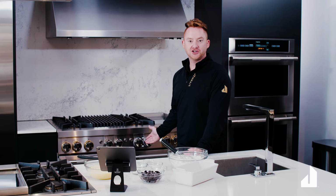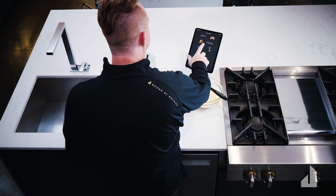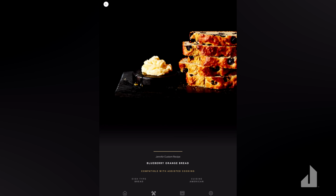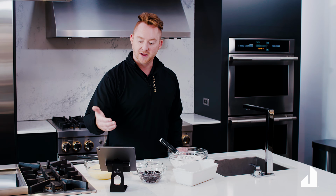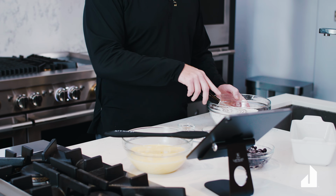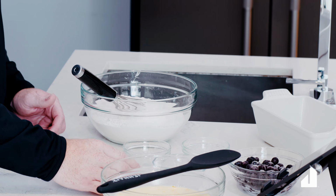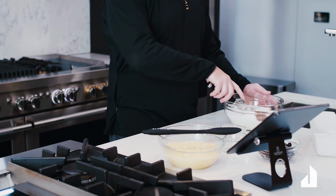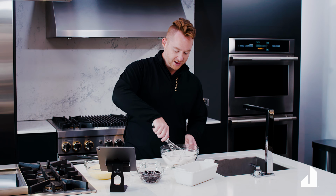Now that our JennAir professional style range is preheating, we're going to start to mix together our ingredients to make today's bread. Using the app, I'm going to navigate back to the recipe for today's blueberry orange bread. Here on the JennAir app, I'm going to find a list of all of the ingredients as well as the instructions needed to make today's recipe. So we're going to start by sifting together our dry ingredients with the flour, sugar, baking powder, and salt, as well as the spices. Going to use my whisk to sift everything together, incorporate the air,